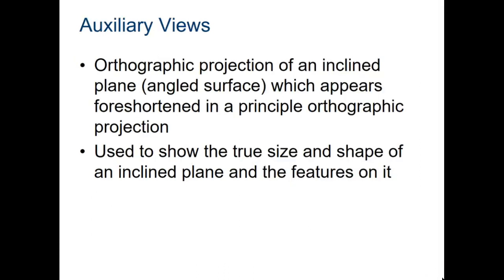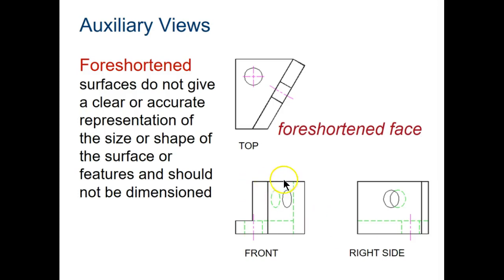Auxiliary views, this is where an edge is slanted. So you need to look at it where you can see the detail and the shape. Okay. In this drawing, let's take a moment to interpret this orthographic. So we have the front, we have the top, and we have the right. Okay, so when we look at it from the front, we see this little L shape, and when we look at it from the right, we see